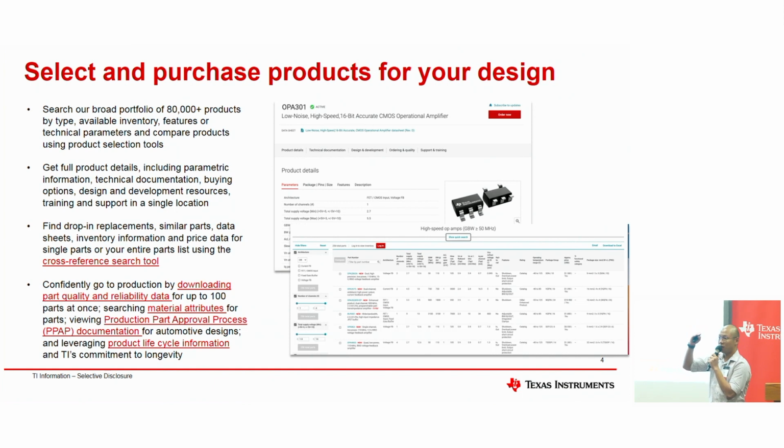You will see there are a lot of different categories because we have a lot of products. You will see things like MCU, amplifiers, clock, battery management parts, power management parts. Just click on amplifiers and then click on high-speed amplifier, and it will navigate you to this page, where we have the list of all the amplifiers with all the technical specs. I think it's not very clear here, but these are where we list all the different technical specs, and you can also filter them according to the specs you want, the price, the availability, and even the packages.